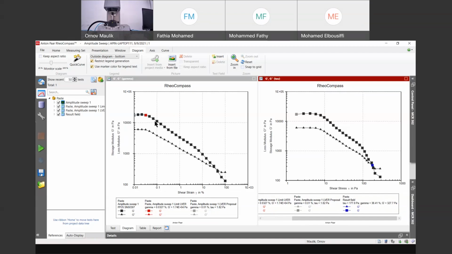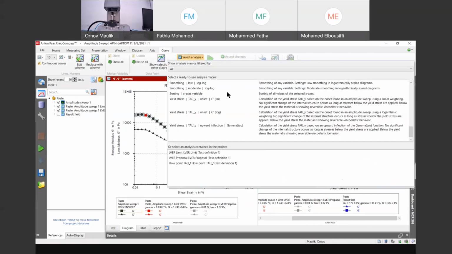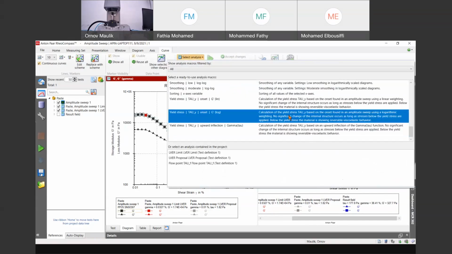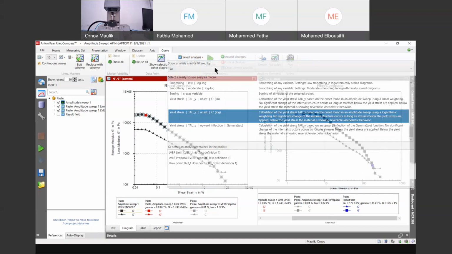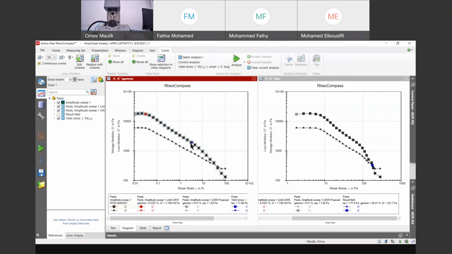So yield stress also we can determine it through here. So we can select the data, and we can look at this. We can select this yield stress calculation on G prime in a logarithmic curve. So I'll select this. Yeah. So you can say that here it is showing a yield point of 71.88 Pascal, which is,